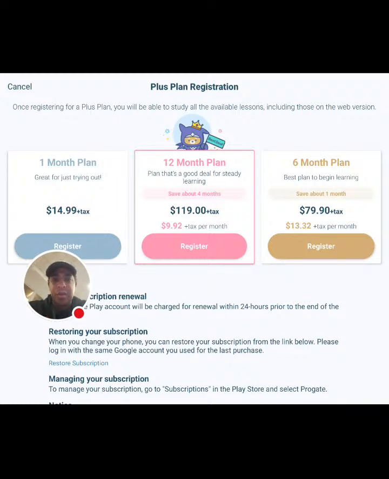So these are the monthly plans. If you want to do 12 months, it's $120, and I feel like that's really expensive for what kind of app this is. Because the other apps do a little bit better deals, but I don't know if there's any promotion codes or how that works. So this is new.